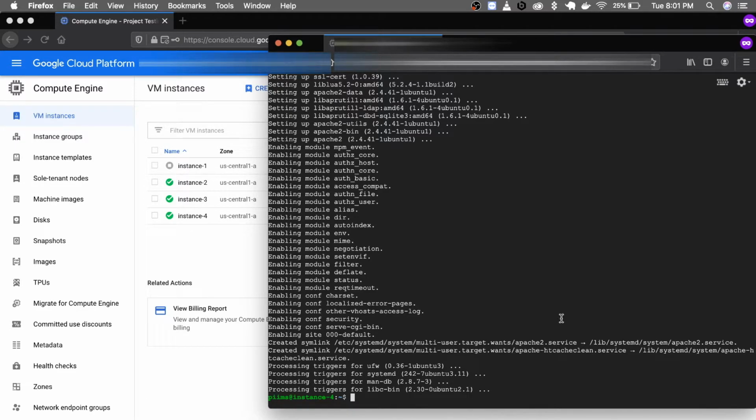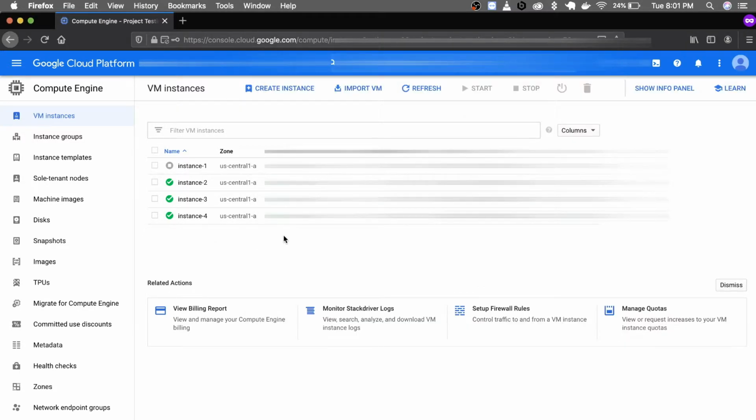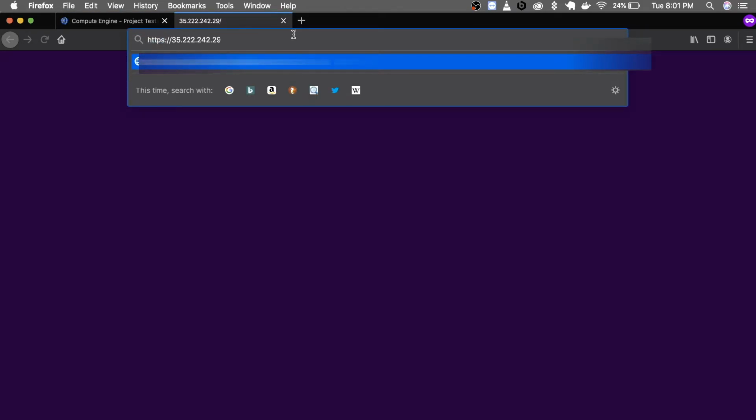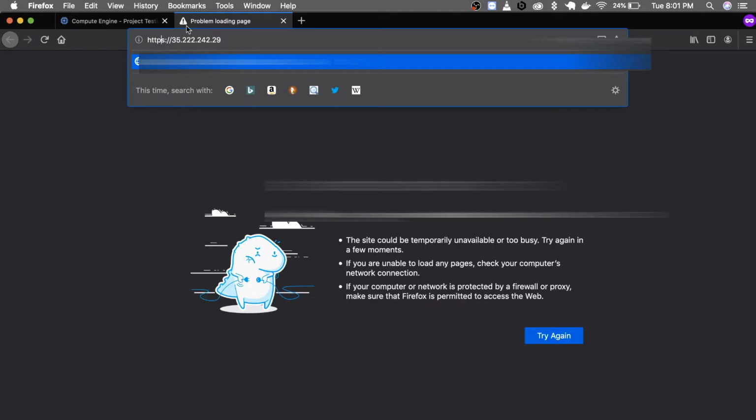As you can see, I have already installed this Apache server. Now, how you can deploy your index page. We'll need to go to our IP, to check whether your server is up and running.